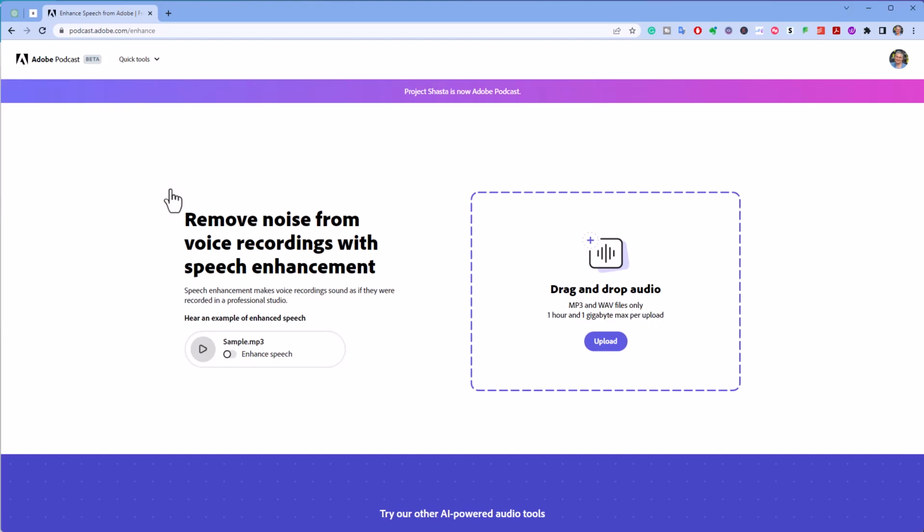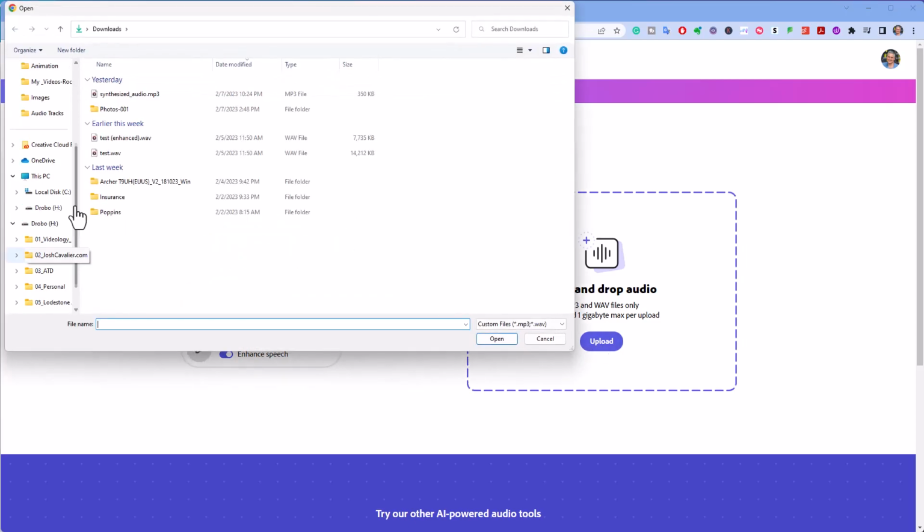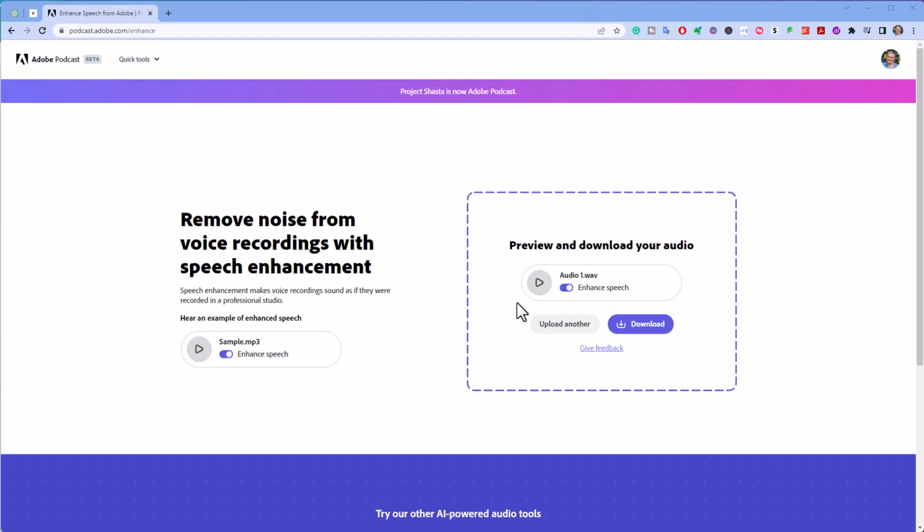Let's take a listen to this example. I'm in a conference room with the window open, and it's pretty echoey in here too. Not the best place to record audio. All right, now let's enhance the speech and listen again. Yet with enhanced speech, all of the background noise and echo is gone. That's pretty spectacular. So we're going to go ahead and upload our tracks into Adobe Podcast and let the magic happen. So we're going to go in, take our tracks, let Adobe Podcast do its thing.